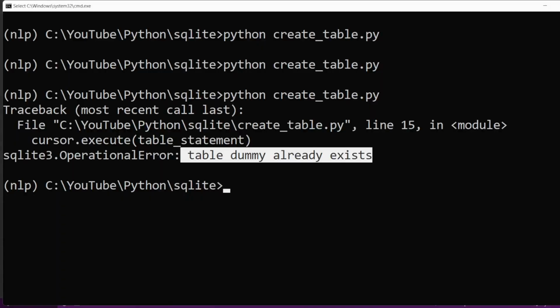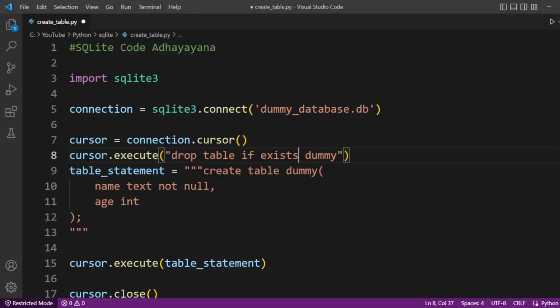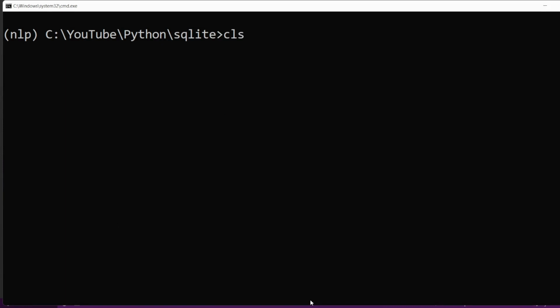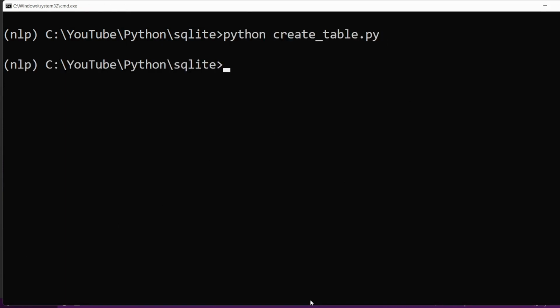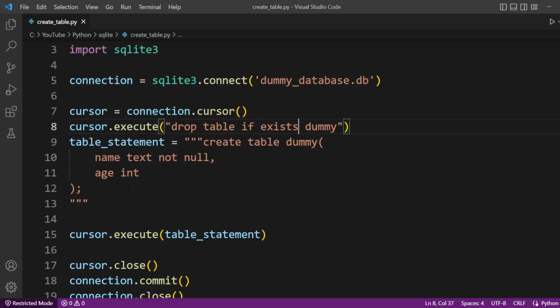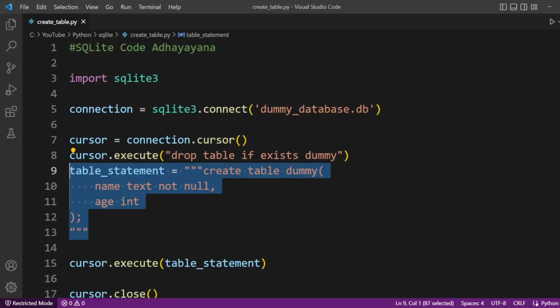Now let's execute this code. Okay, now you can see it's working fine. We are going to remove this because we already have this table. So let's remove this part.